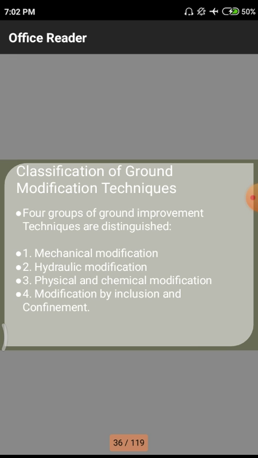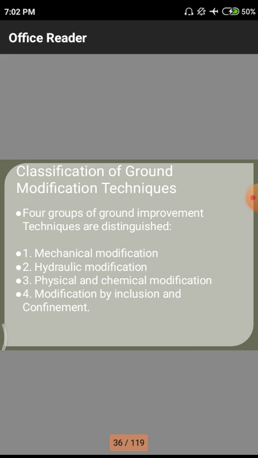That means whenever we apply a heavy weight on the soil, the voids are automatically reduced due to the action of blowing on the material. In mechanical modification we simply use mechanized equipment on the soil we have to densify, so that the modification occurs due to the action of these mechanical forces.